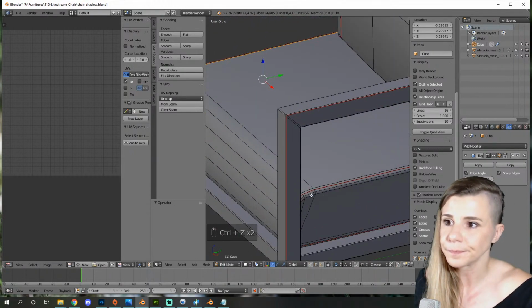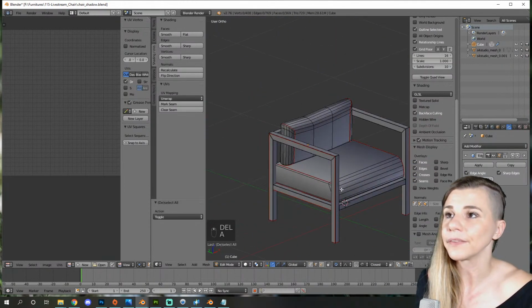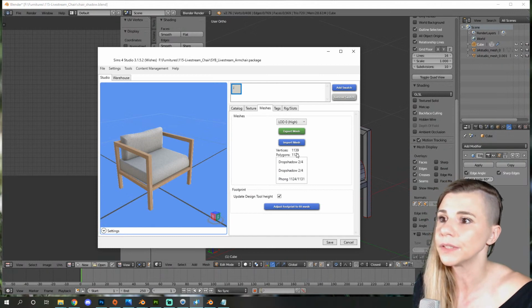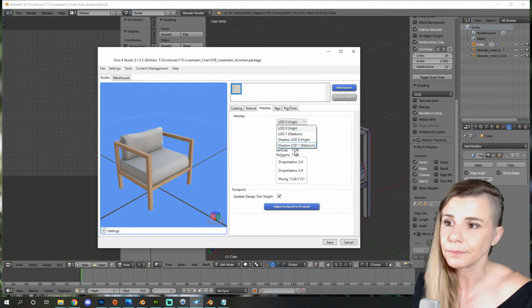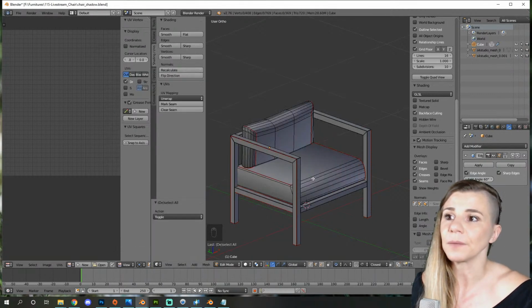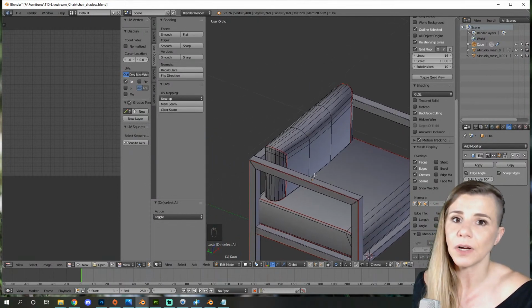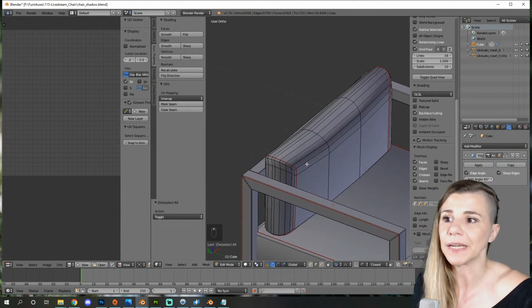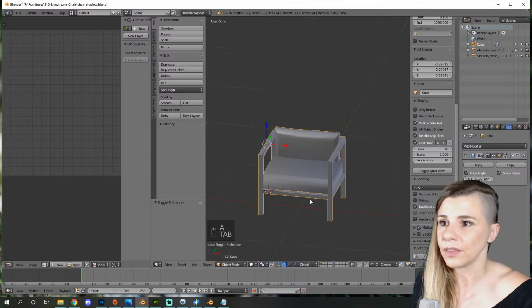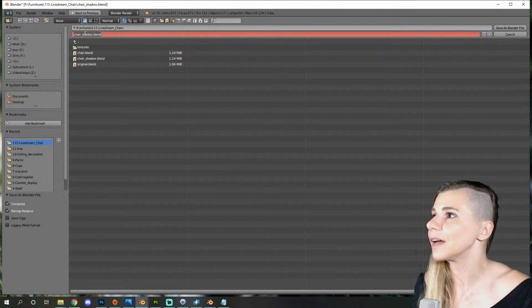Probably this one, edge loop. We are at 700. So usually what you are going to aim for is that the medium should be half. So in our case, maybe 6 something. And if there is a low one, you can go to a quarter. But sometimes it won't be possible because it will just destroy your item. So just lower it as much as you can, and that will be enough. So I think I'm just going to keep it that way. 700 is okay. So I'm going to save as and rename it